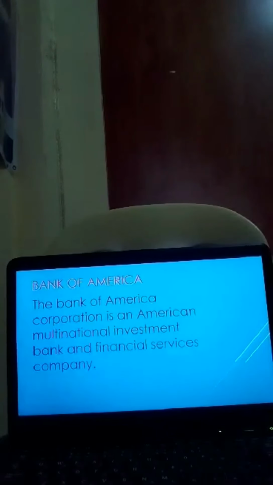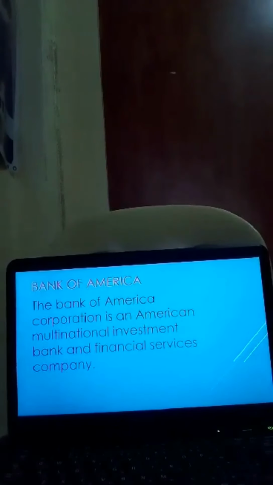Next is Bank of America. The Bank of America Corporation is an American multinational investment bank and financial services company. The CEO of this Bank of America is Brian